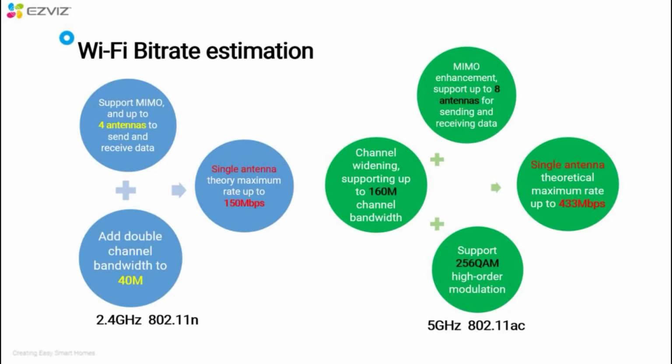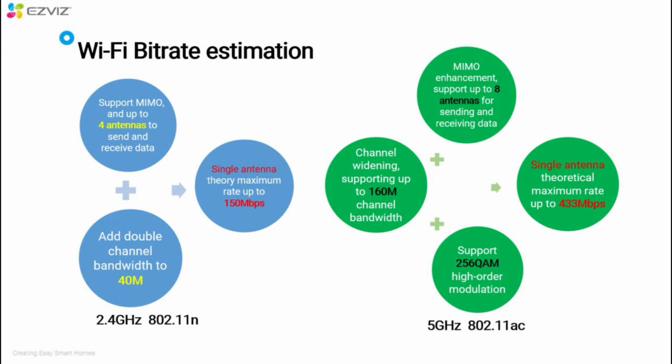Now let's have a look at the factors that affect the Wi-Fi speed. For the 2.4 GHz, there are two main factors, but you can see the different technologies in this standard to affect the Wi-Fi speed, including the MIMO technology and up to 4 antennas, and add the double channels bandwidth to 40 megabytes. So if we plus all the factors, then the single antenna theory maximum rate is up to 150 megabytes per